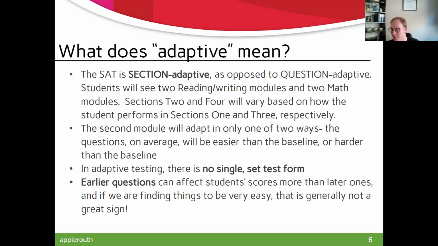And if you are in the lower bracket, if you're in the lower adaptive module, you have a ceiling of like maybe a 600 out of 800. There's no way you can score much higher than that. Whereas if you get in the upper module, your floor is probably more like 600. So you can miss a bunch and still have a better score than someone who aced the second lower module. It's a bit confusing. This is one where when you take a practice test, you can really see, especially upon review. But just know that modules 2 and 4 ideally are going to be much more difficult if we reach the upper level module.